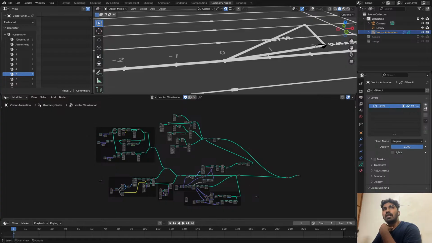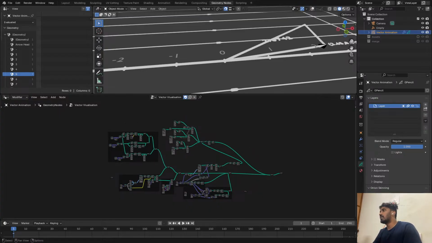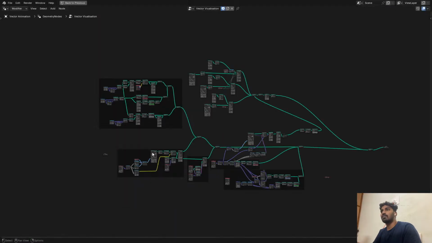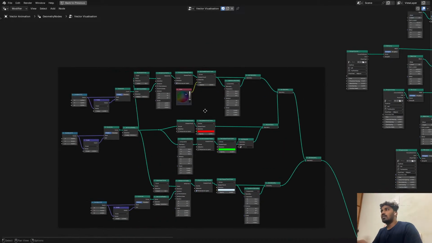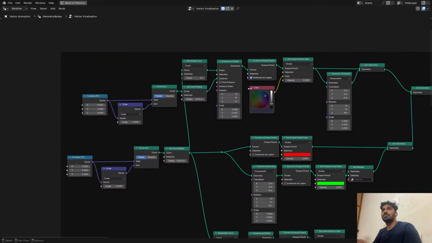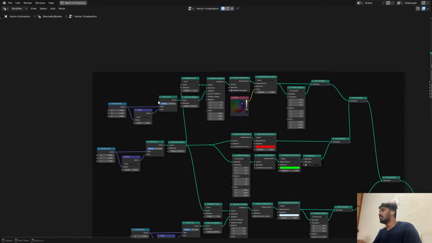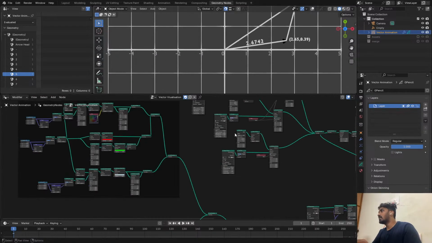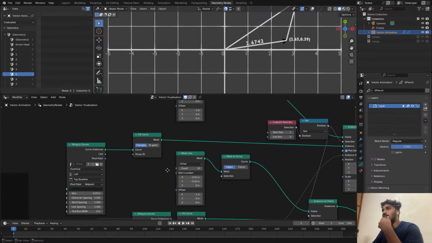But yeah, I'll be streaming regularly mostly. Let me show you what I've come up with so far. So we have this, which basically determines the length of the x-axis and y-axis, and we have done some